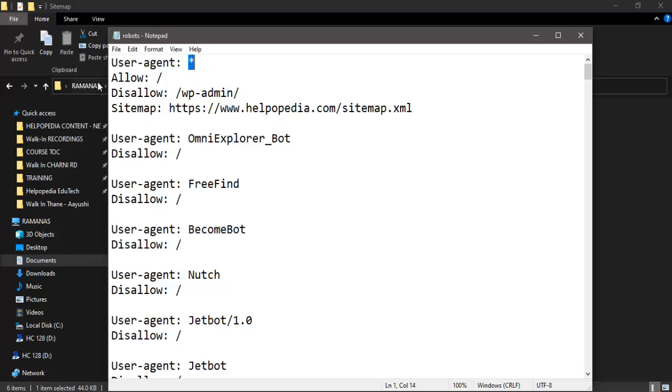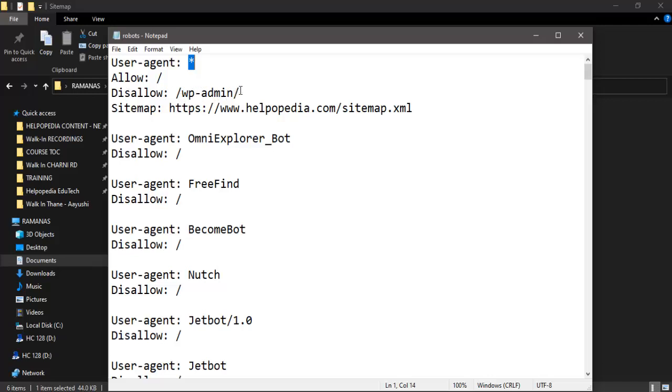Then it will read the second line and says allow slash. So allow slash means the home directory. So it says that okay, fine, I can collect all the information from the home directory, that is from this website. Then it will read the third line, says disallow slash wp-admin slash.